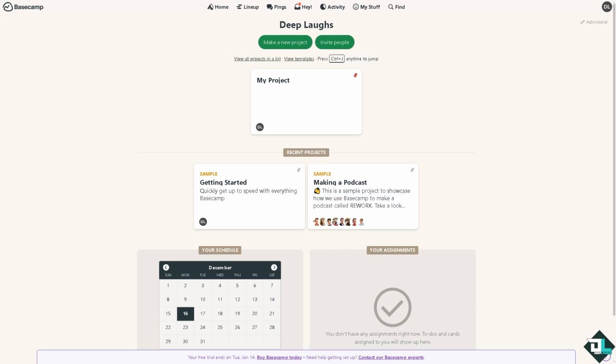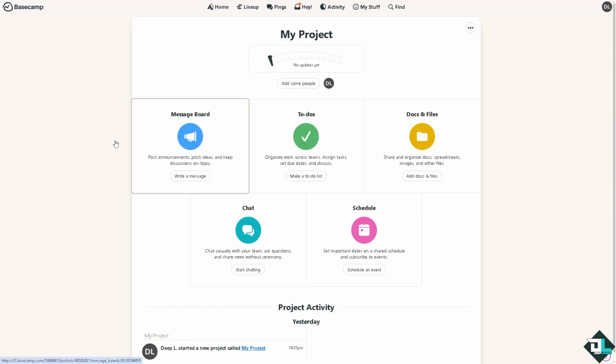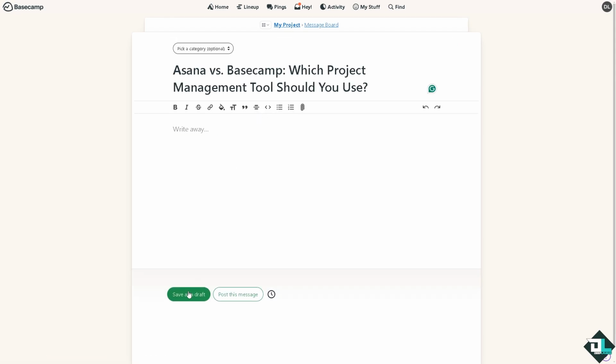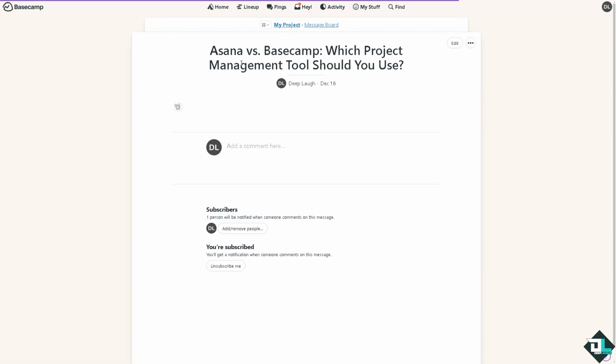And from here, one of the key features of Basecamp is the project organization. All right. You can start with a new project right here. You can have the project organization into the message board where you can post announcements. For example, I'm going to be putting this new message. Type it in, save, post this message right here. All right. So let's go back again to the